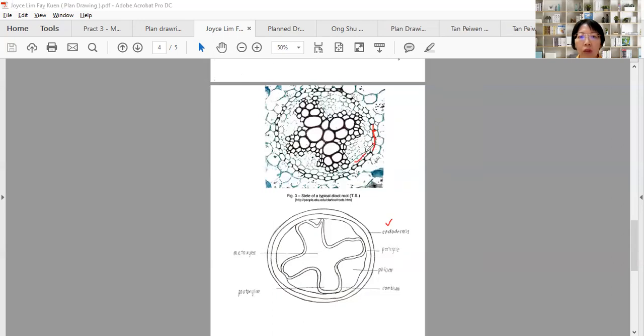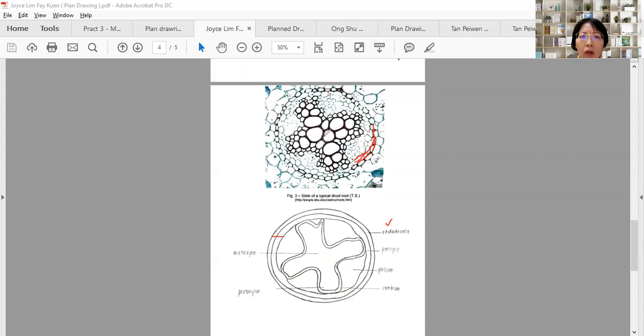Immediately the cells below the endodermis, this layer of cells here, is the pericycle. The pericycle seems to be thicker than the endodermis. So her drawing is quite accurate. You can see now, pericycle thicker than endodermis. So that could be one marking point in the exam. Accuracy of drawing is marked in this way. Then the vascular bundle got